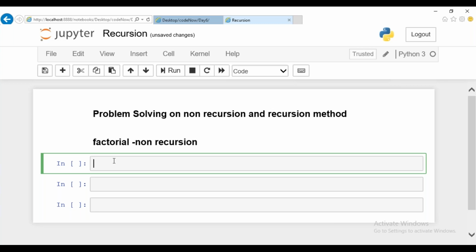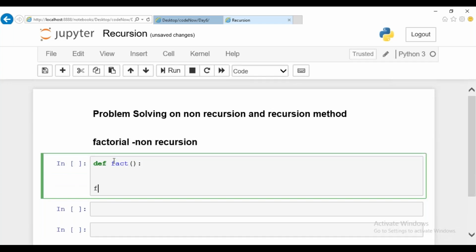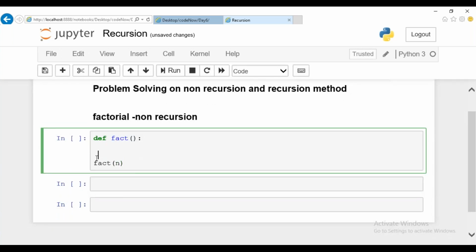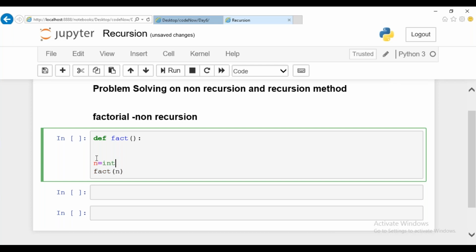Guys, you can start typing. I've given just a basic question here. I guess everyone knows about factorial, right? Start doing. Write the logic of it. Come on soon.